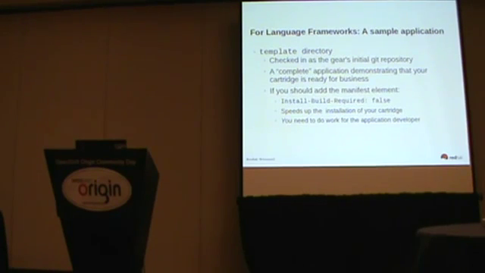So template directory is just raw files, not like your initial commit for the Git repo that gets pushed out. If it's named template, it's raw files, and I will build a bare repo for you. If you name it template.git, it can be a bare repo, and your cartridge will install even faster, because I don't need to build the bare repo for you. So for things like a JVM-based cartridge that actually does have to compile,